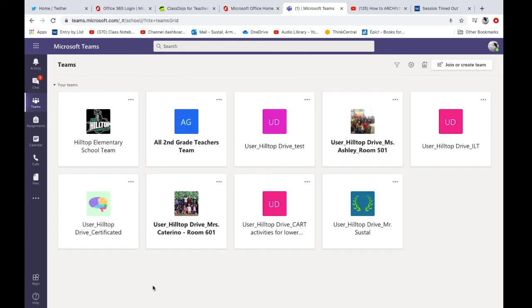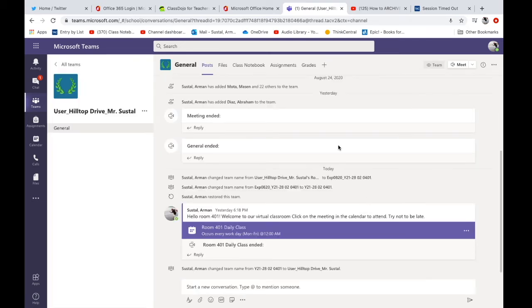So when you get to Teams, as you see here on my Teams page, I have all these different classes. More than likely, your child's Teams page will only have our class where it says User Hilltop Drive, Mr. Sistal. And so in order to access our virtual classroom every day, simply click on that. And when you get to that,